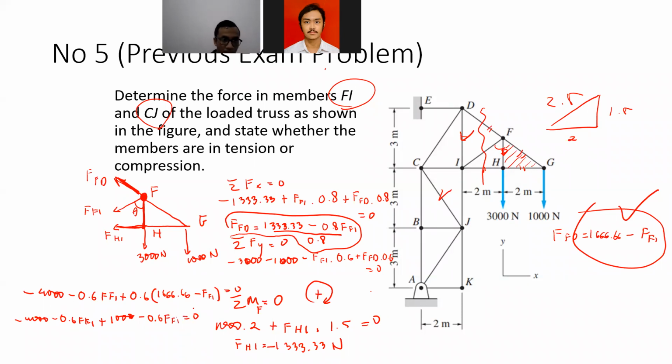So what we will have there is 1.2 FFI equal to minus